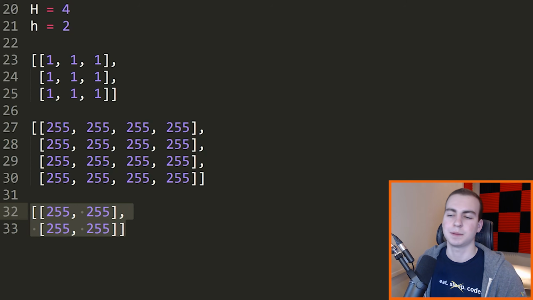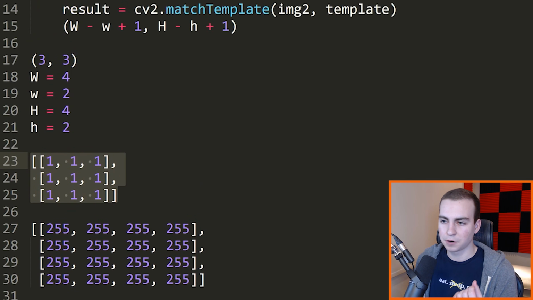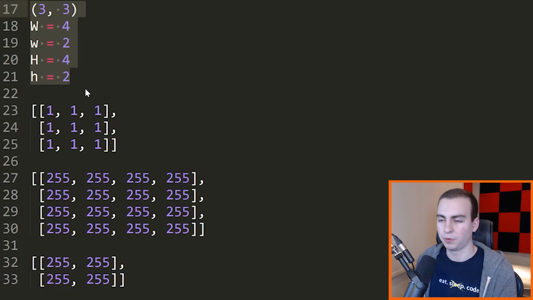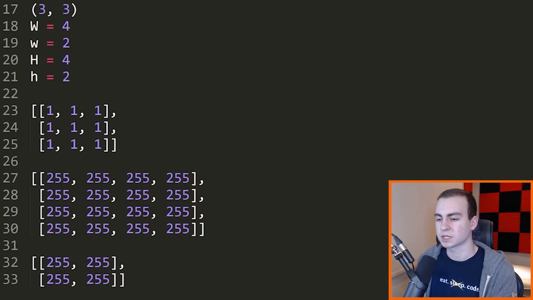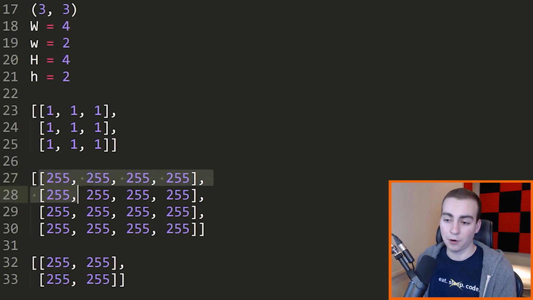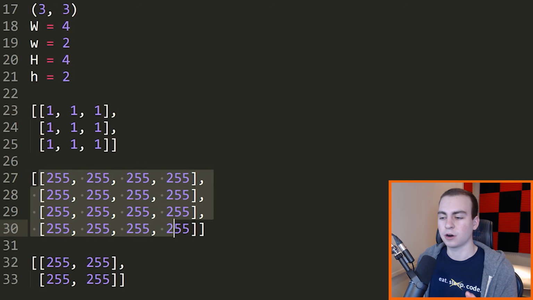Now, usually that's not going to happen. I was just trying to show you how we create this output array. So this is how you figure out the size of this output array. It's not necessarily important that you understand why it's that size or that you even understand what the size of this array is, but I just wanted to show you kind of how this works. So that's the idea here. And then this output array right here is going to tell us how closely areas in our base image match with our template image.